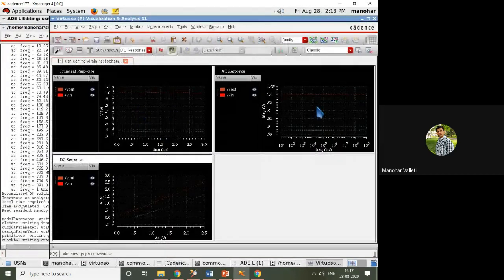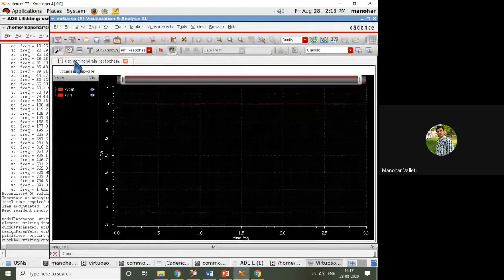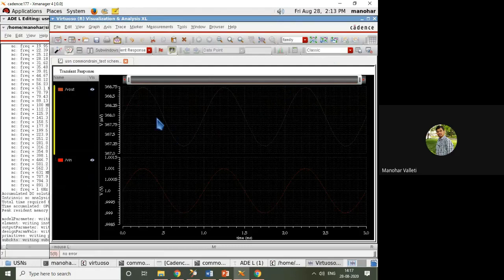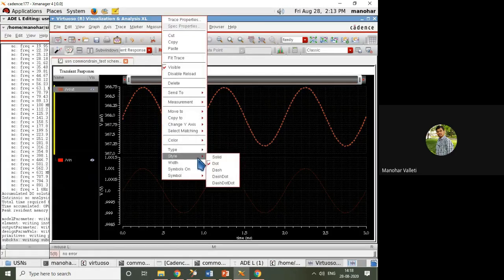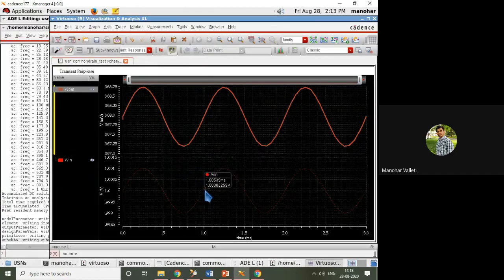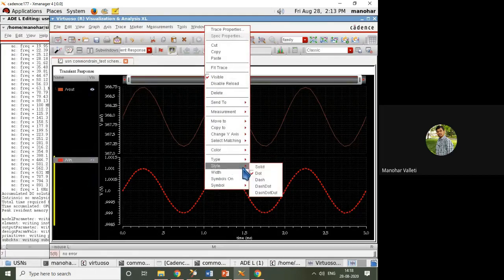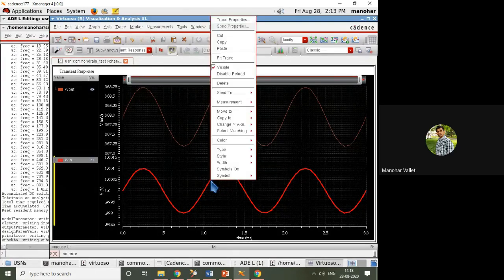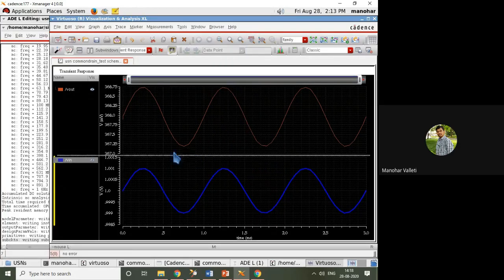So transient response, AC response. So I'm just maximizing this. With the help of this, I am splitting the windows. It's not visible. Style, solid you put. So to differentiate, I'm changing the color. Input, I'm putting blue color.